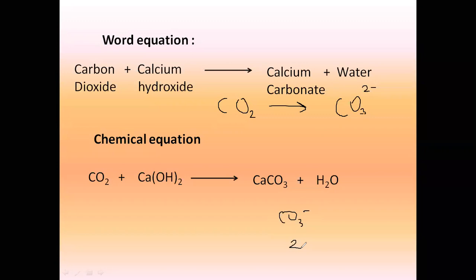So it has to combine with something which is positive. In my reactant, who is positive? Calcium. Calcium is positive with charge positive and valency 2. So now they both start combining with each other. The 2 gets cancelled because both are 2. Then I interchange. I get the product as CaCO3. And we're left with OH, which forms water. Now did you understand, Deepika? Please write it down.